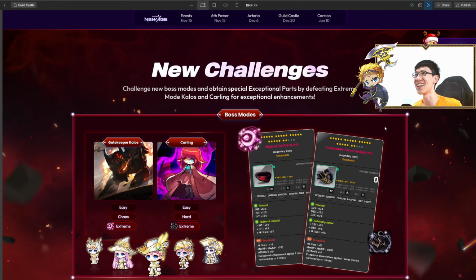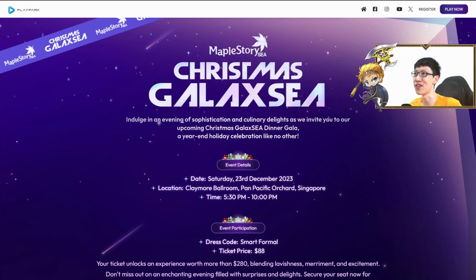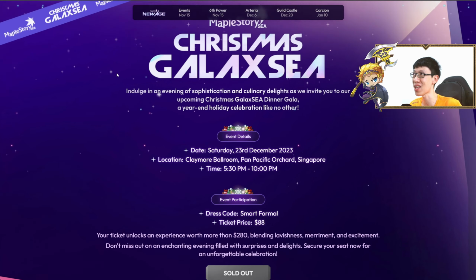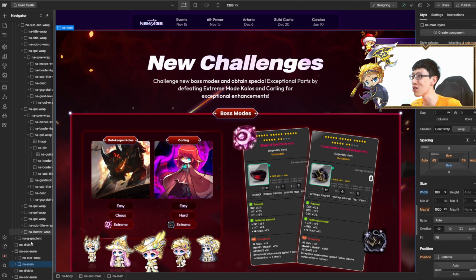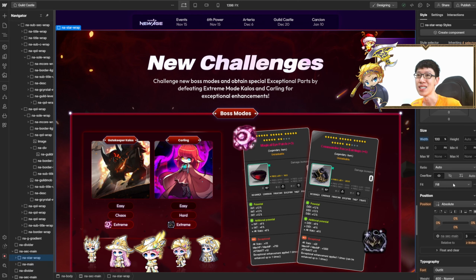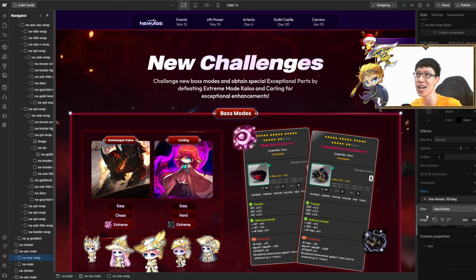Now this one. If you notice the event microsite, the Christmas galaxy, you can see the stars falling down. It's the same thing. I just reuse it and recolor it. I use the hue to recolor the stars, so I don't have to redo the colors itself.